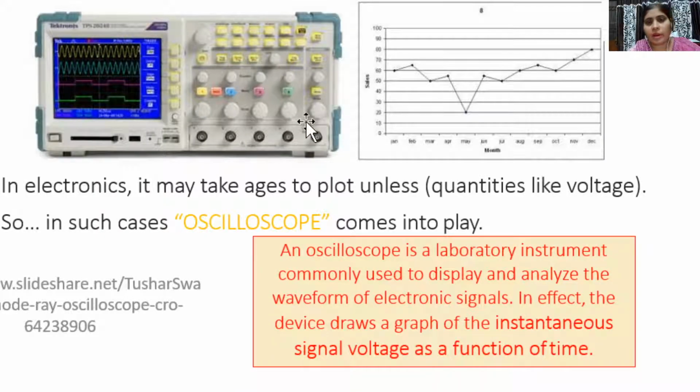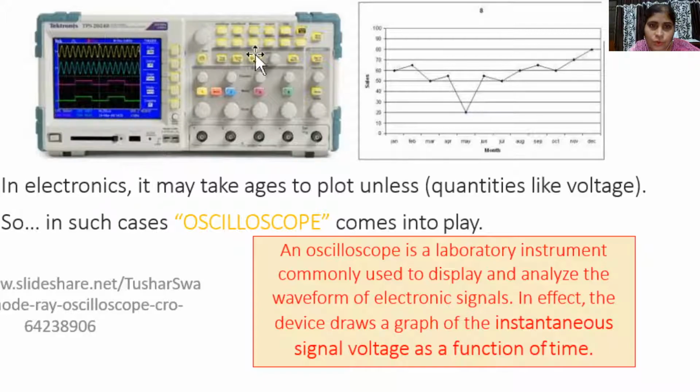So see here, students generally make a graph. Students take two readings, one reading is plotted on the x-axis and the other reading is noted down on the y-axis, and a graph is plotted. Such a graph is possible to draw on paper. But if we want to draw real-time signals which are present in the circuits, then what can we do? The solution is the cathode ray oscilloscope.